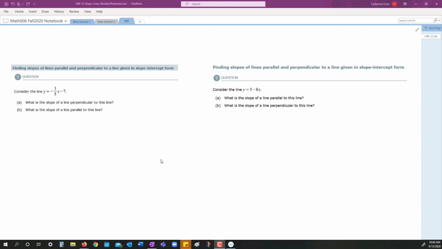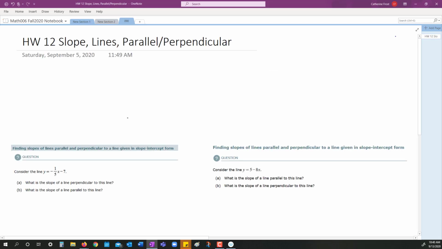Finding slopes of lines parallel and perpendicular to a line given in slope-intercept form. So I'm just going to remind you what slope-intercept form is. It's when you have your equation solved for y, and the x term is first, and then you